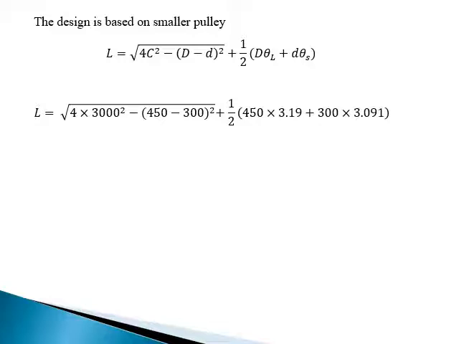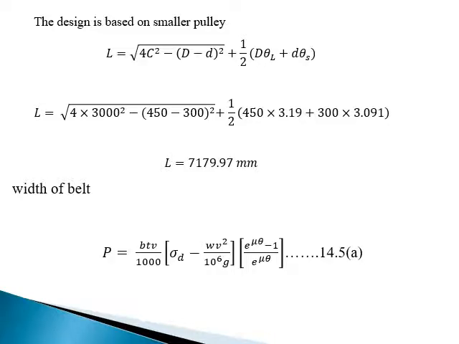In the equation of length of the belt, we get the length of the belt is almost equal to 7,179.97 millimeters, so approximately 7 meters of length. Now we calculate the width of the belt. The width of the belt equation is given by equation 14.5a in the design data handbook, where P is equal